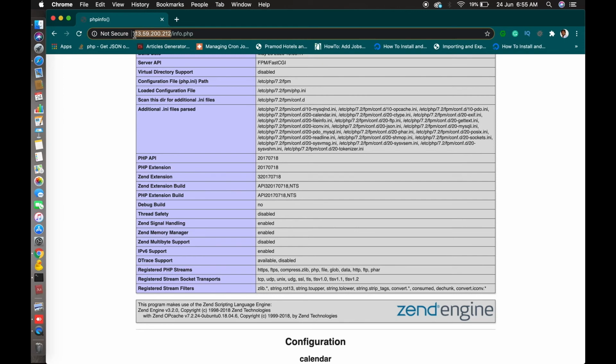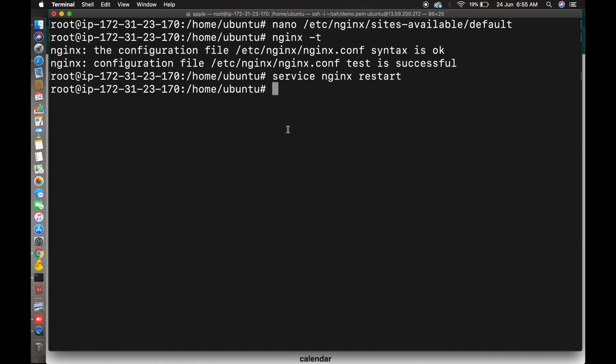If you want to configure your IP to your domain, you just have to unlink the default file and add another configuration file named after your domain. We already discussed this many times, so let's give you the two or three steps.